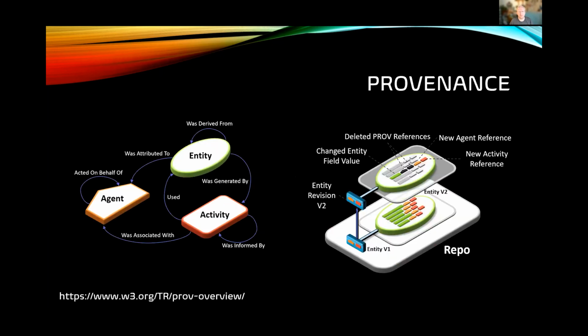So this is what it may look like in a repo, where the file-based, tree-like structure of the content means that you have effectively infinite detail, sub-detail, sub-tree structures that you can start augmenting your content with. In this example, if the green blocks on the right represent the entity information, you might have the agent and the activity information augmenting that content inside the repo, and that can be version controlled.